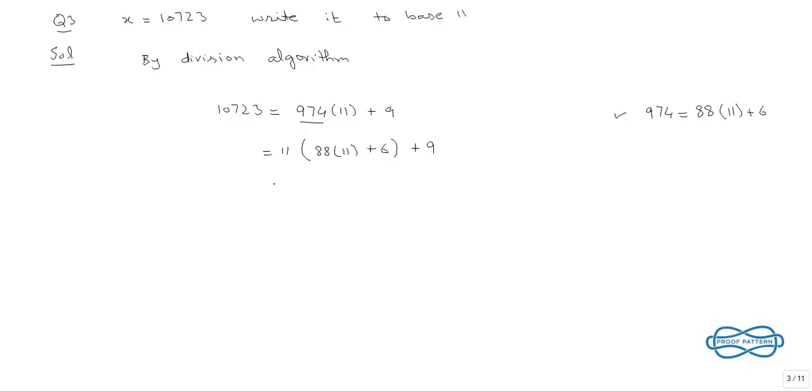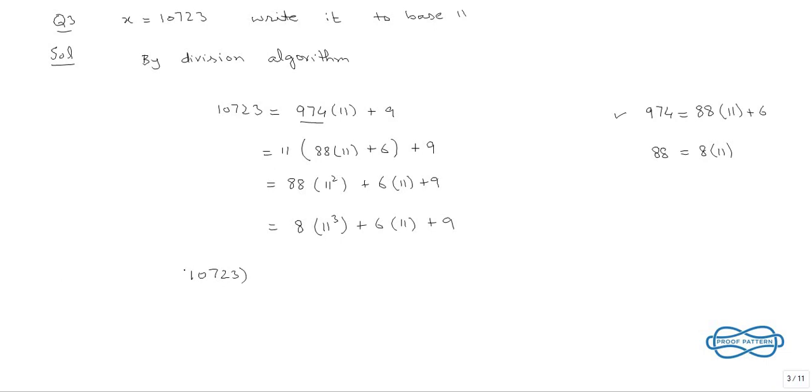Okay, and this can be written as 11 square plus 6 times 11 plus 9. And now this 88 can be written as 8 times 11. Okay, and this will be 8 times 11 cube plus 6 into 11 plus 9. We can see that all the coefficients are now less than 11, so we will stop here and we can write it as